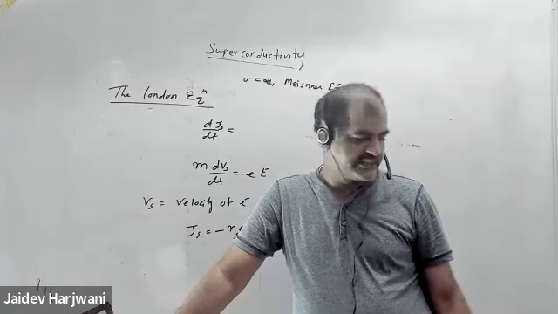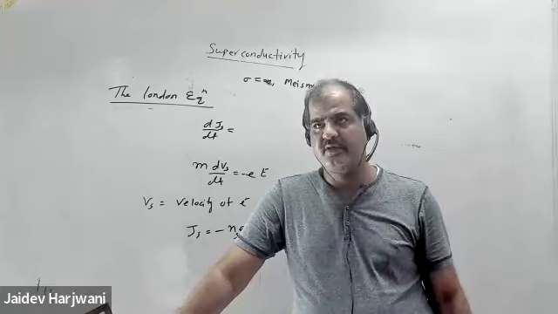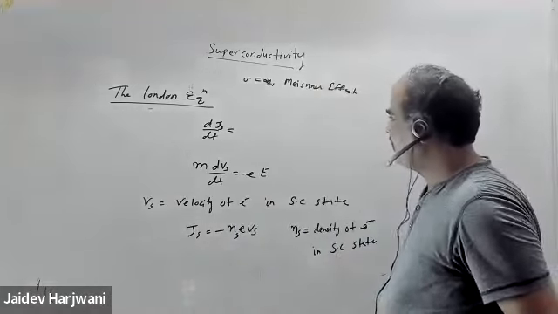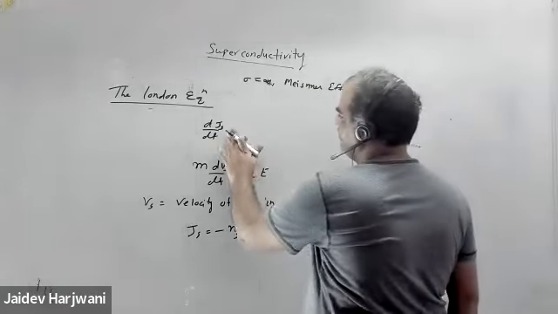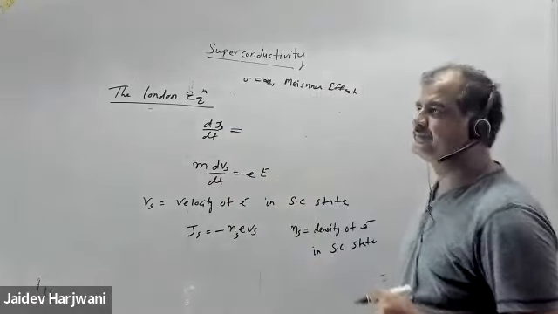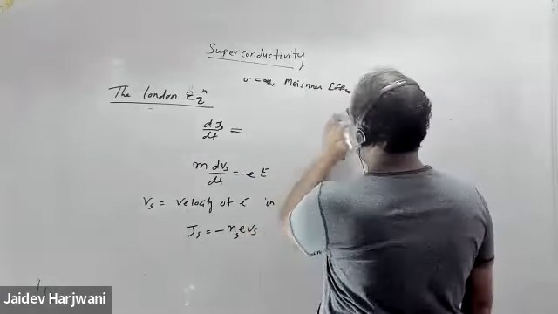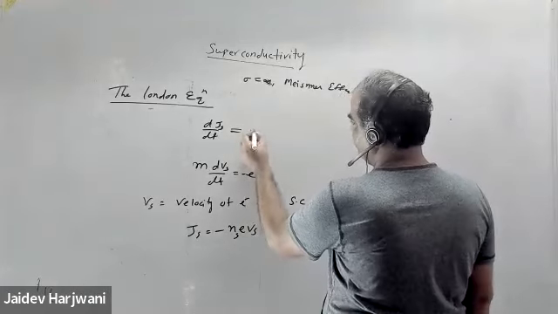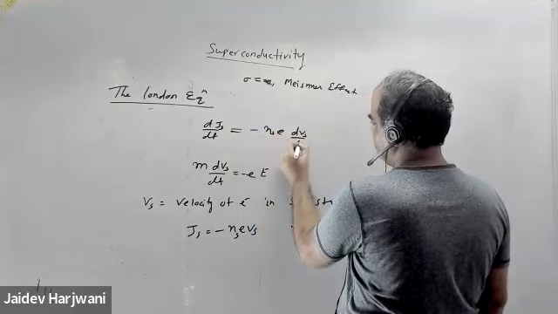आप किसी भी मेटल पे वोल्टेज लगाओगे तो इलेक्ट्रॉन तो मूव करेगा ही करेगा। ये सब सरफेस पे हो रहा है। कंडक्टर में भी इलेक्ट्रॉन सरफेस पे मूव करते हैं, हम ये मानते हैं। So this is your dJs upon dt, तो dJs upon dt हो जाएगा माइनस ns e dvs upon dt।